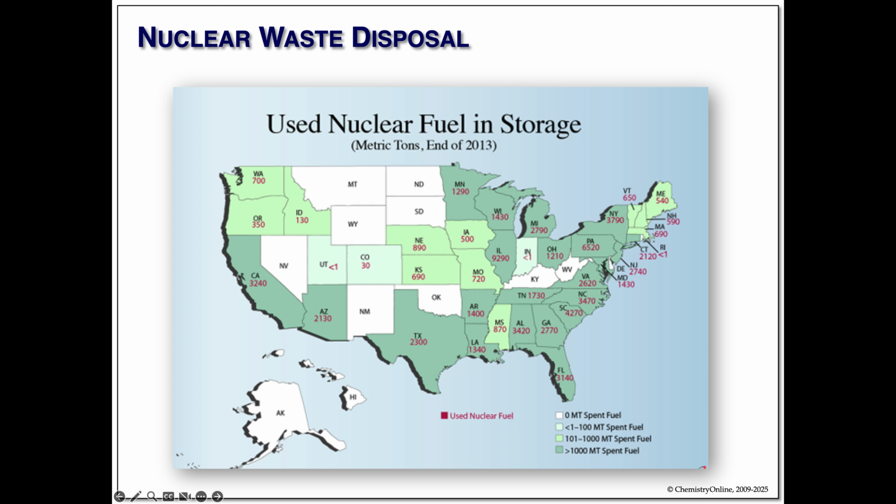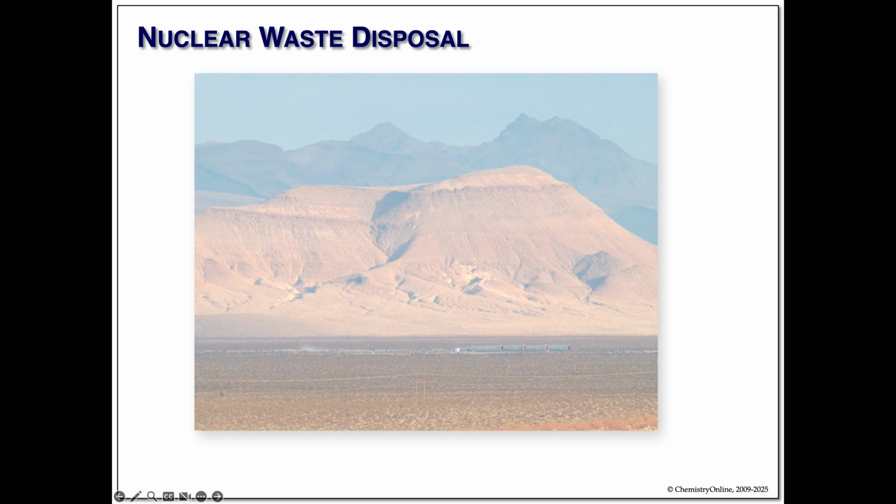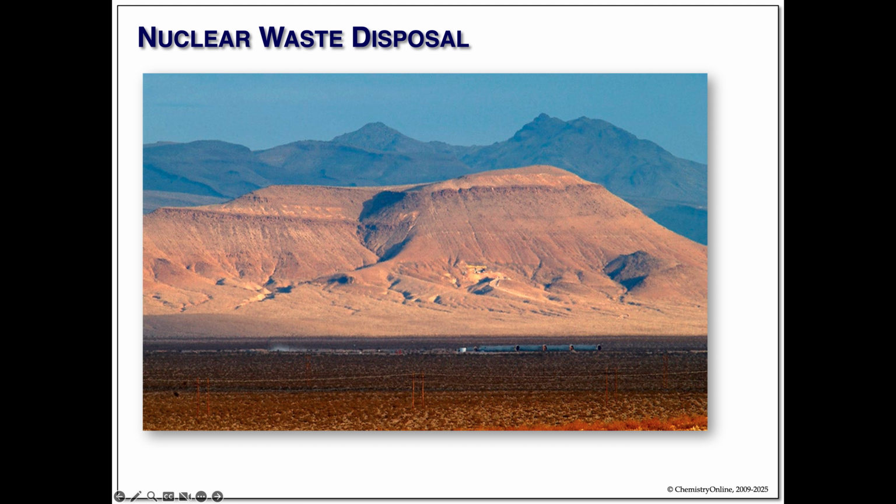A group at the House of Representatives got together and said, I have an idea. Out in Nevada, we own a mountain called Yucca Mountain. Let's build a huge tunnel under this mountain. We'll gather up all the waste from everywhere and bury it. Everyone else looked and said, that sounds like a good idea.